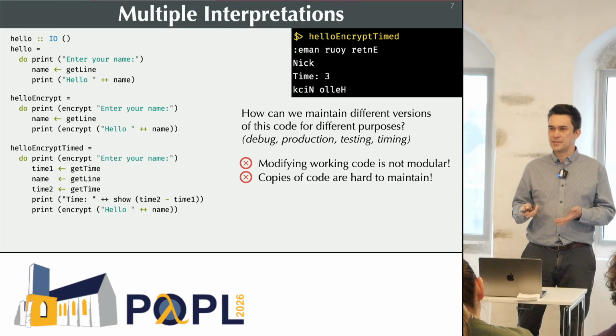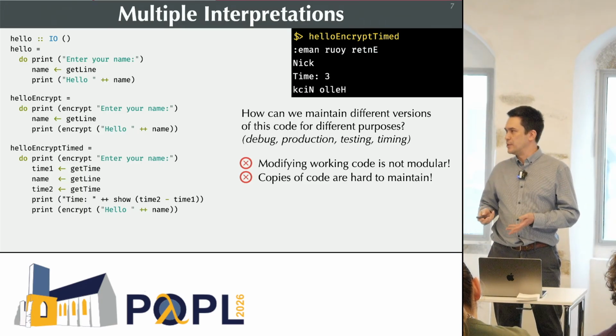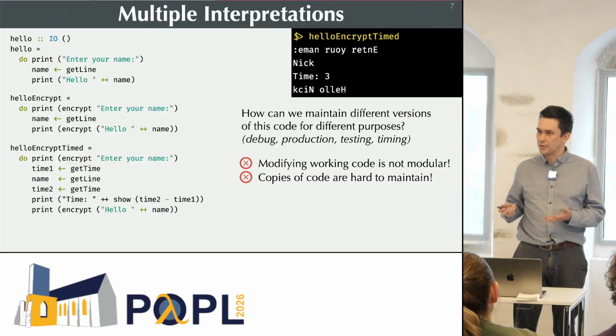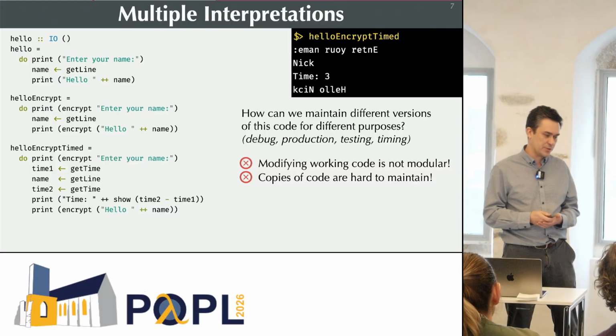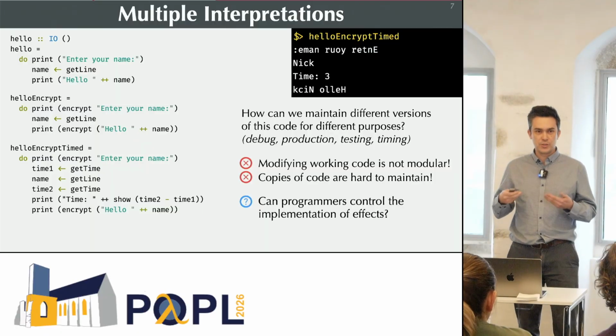But the tricky thing now is if there's a bug in the original piece of code, then you've got n different versions to maintain, and that's not good either. So maintenance is also a problem, so you don't want to do that. And so the thing that we turn to is algebraic effects.